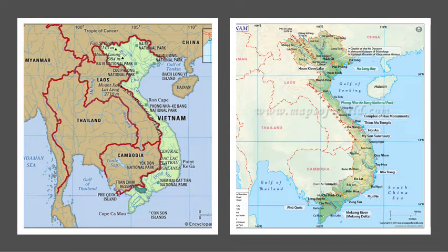And then in the north border is China. On the picture on the right, I know it's very, very hard to see, but it splits Vietnam into about a 60-40, and right at the 60-40 where there's the neck on the map, you'll see Quang Tri. Quang Tri was where I was a good bit of the time in Vietnam, and our base was 14 kilometers